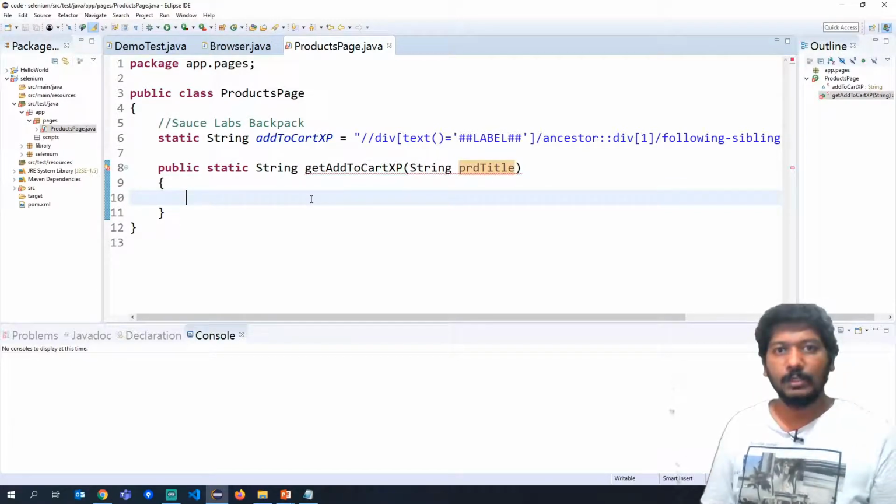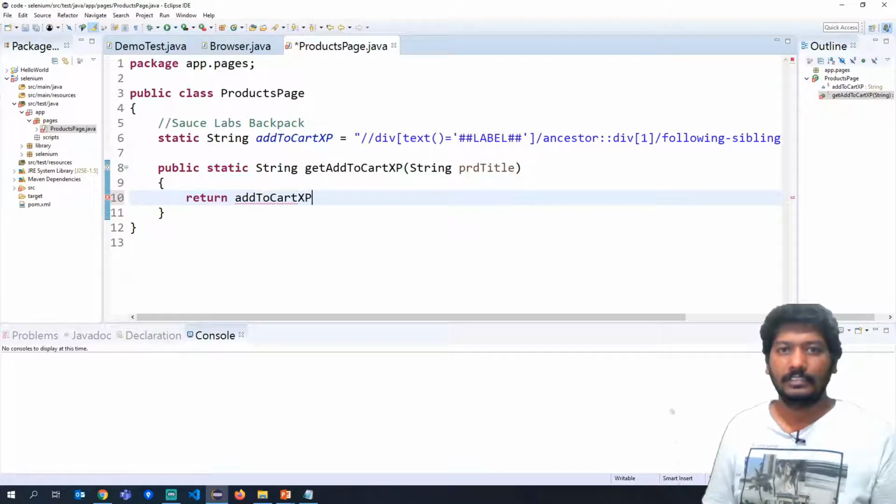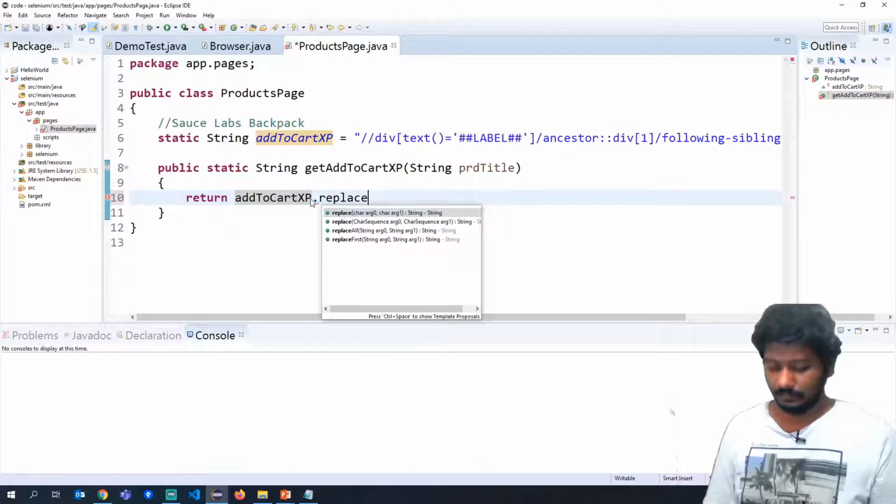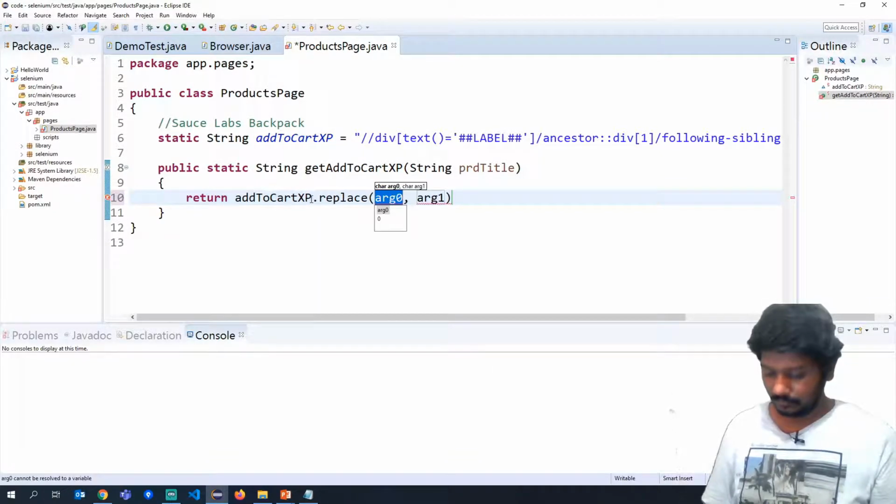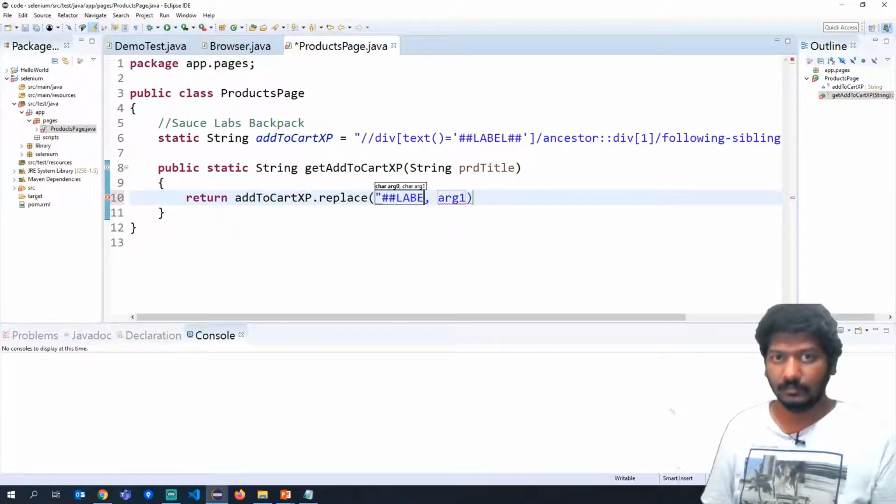So here I will say return add to cart xp dot replace, and I will replace it with product title.